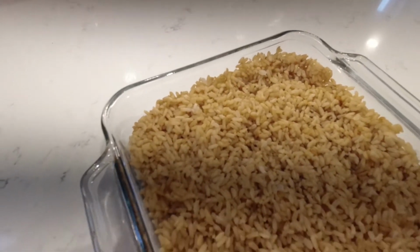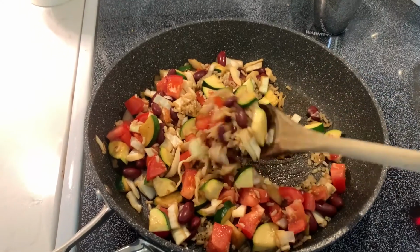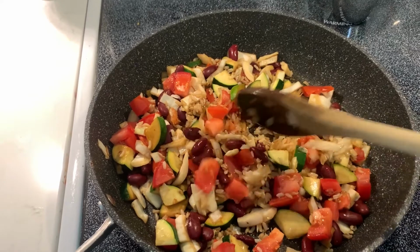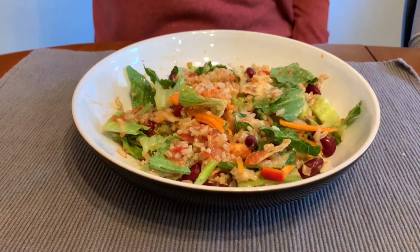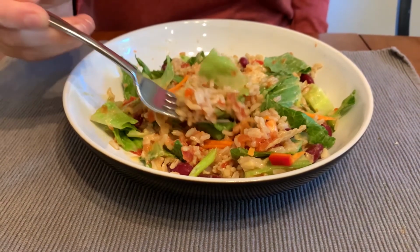So it's so great. Once it's cooked, just put it in a glass container that you can store in your fridge, and it's really nice to pull it out. Rice is an awesome side to have for any kind of meal. We like to have a lot of stir fries, so we'll add rice to those. We love to do a meal called pile-on, which is what we had back in high school, where it's literally